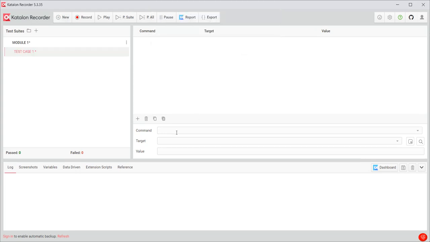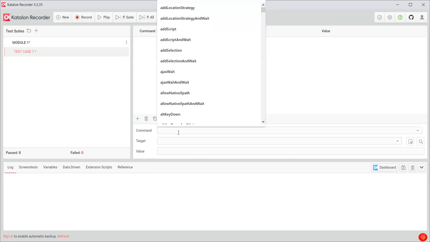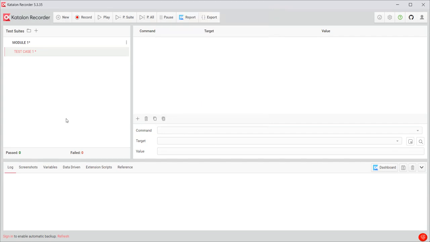Here we can see command, target, and value. If the person is an expert in coding or an expert user, they can keep their own command and target values, and in that way we can test the app or any website through the recording option.